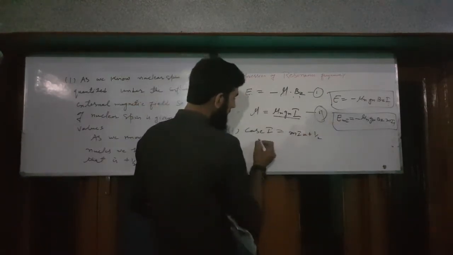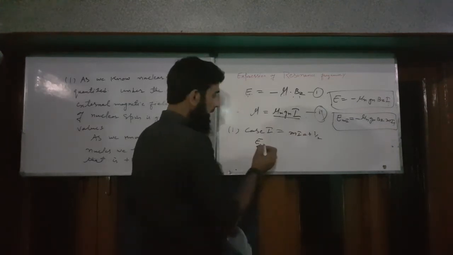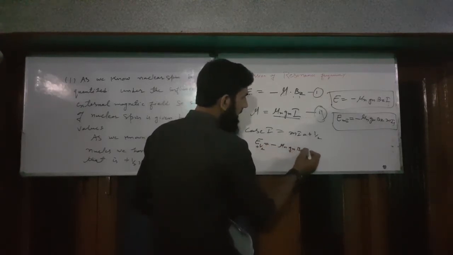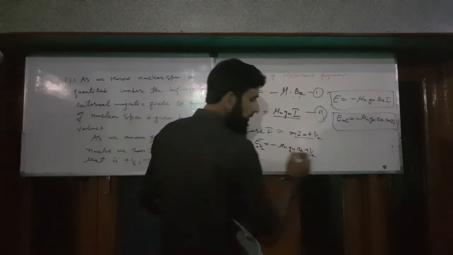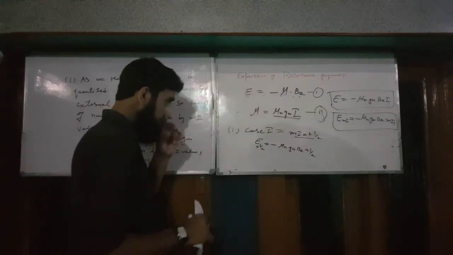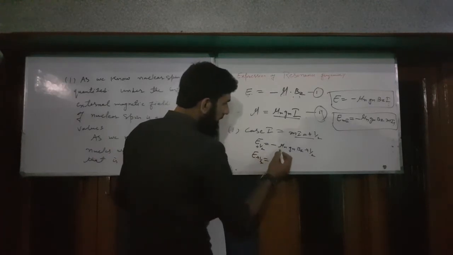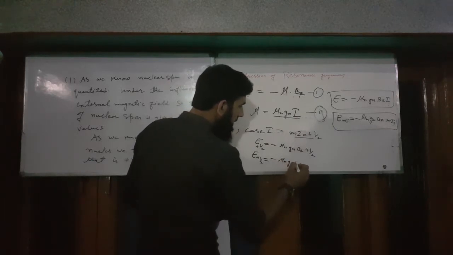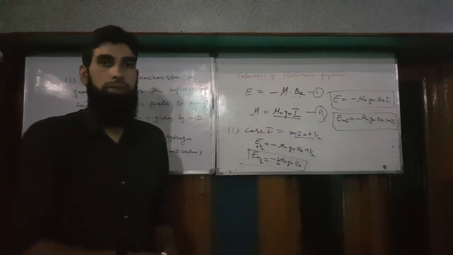We write this expression: energy of Mi value plus 1 by 2 is equal to minus mu n Gn Bz, and in place of Mi, which is plus 1 by 2, we write plus 1 by 2. Now energy of plus 1 by 2 is equal to minus mu n Gn Bz 1 divided by 2. This is the energy associated with the nuclear spin state plus 1 by 2.